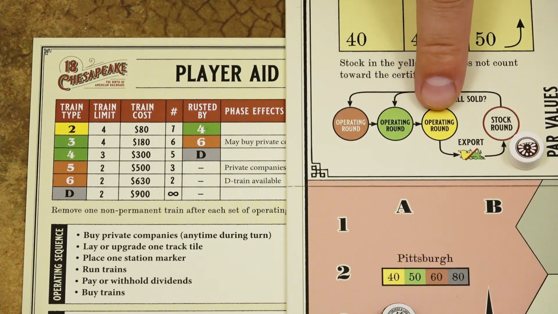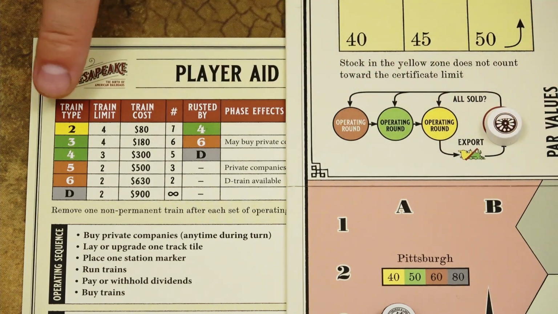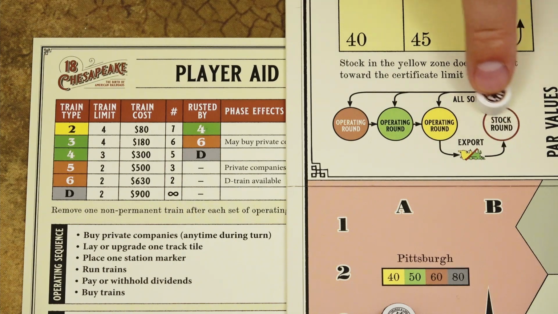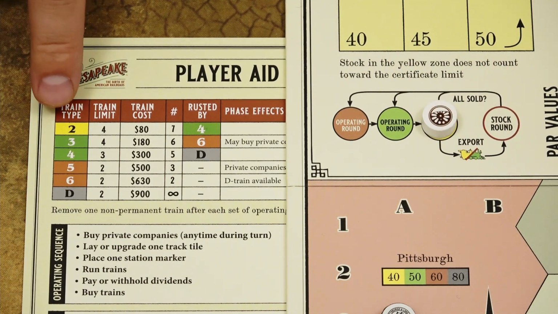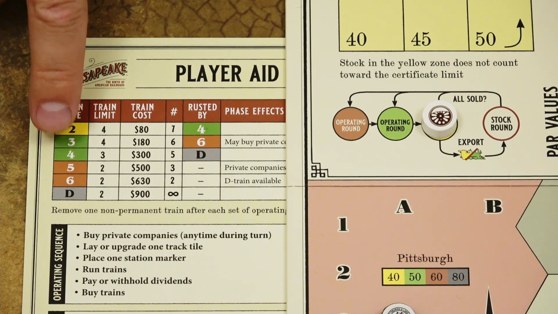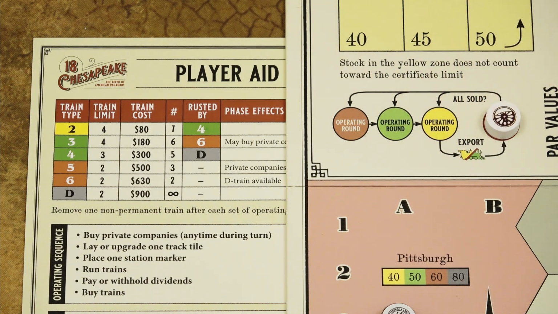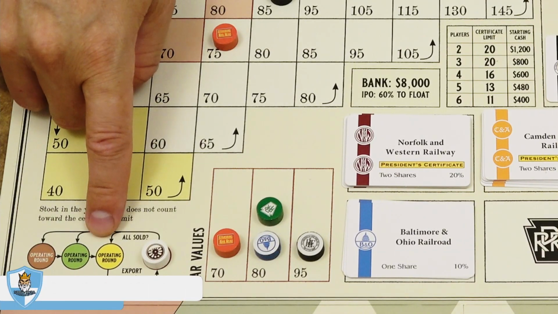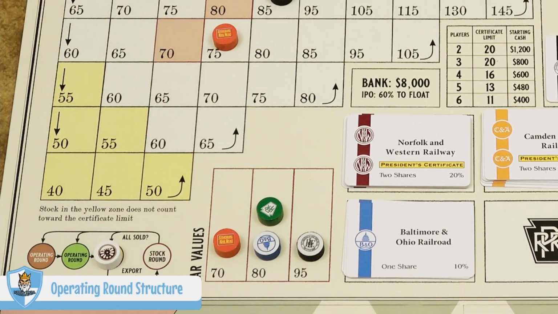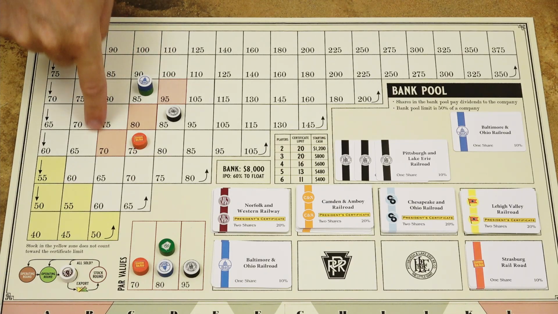This number doesn't change during the operating rounds, so if, for example, we are in the yellow phase and we have one operating round, and if during this operating round the game progresses to the green phase, there is still only one operating round, followed by a stock round, and only in the next set of operating rounds there will be two operating rounds. In each and every operating round, every private company in the game and each floated public